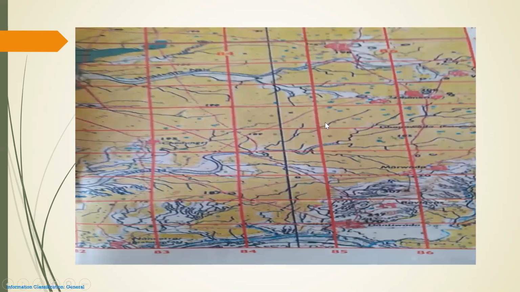Let us see the dendritic drainage pattern in these topographical sheets. As already mentioned, it's like branches. Here in these contours you can see that it's like branches. Here it is going like branches, here it is going like branches, like this in your topographical maps you can see. And in your examination they will ask the question, in this particular grid square what type of drainage pattern, or identify the drainage pattern from this particular grid square. So if you know the drainage pattern in your mind, then only you can identify and give the right answer for such types of questions.